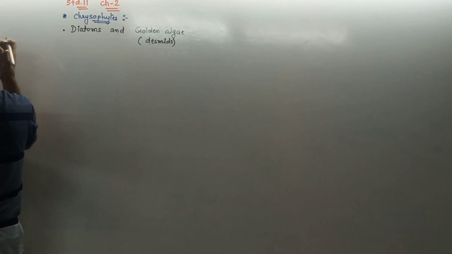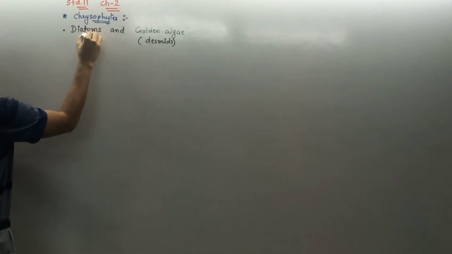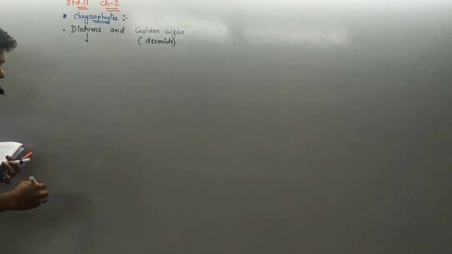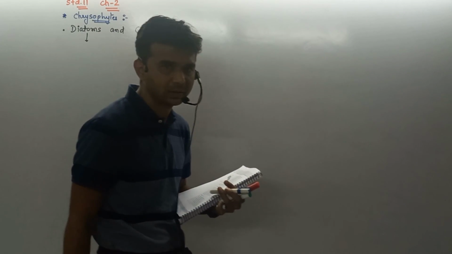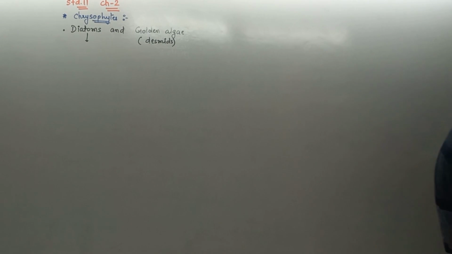For diatoms and golden algae, you remember only one thing: diatoms can accumulate on the earth surface, and due to the diatoms' cell wall,